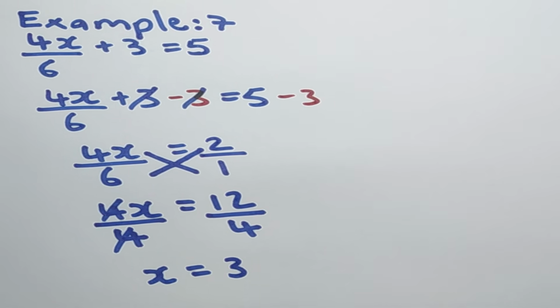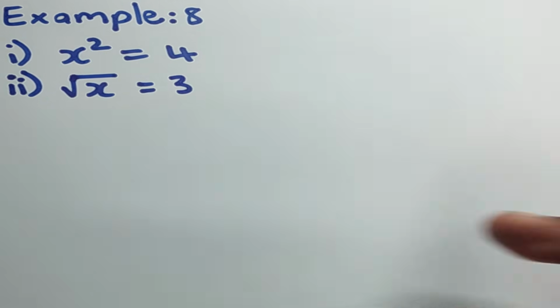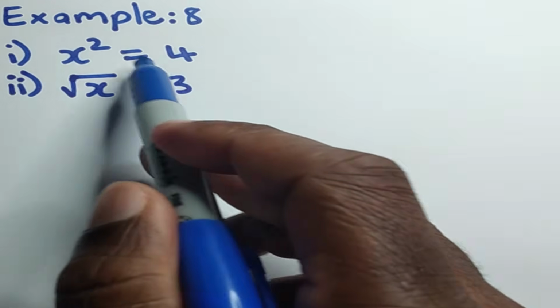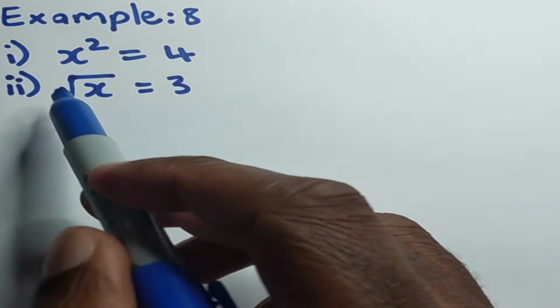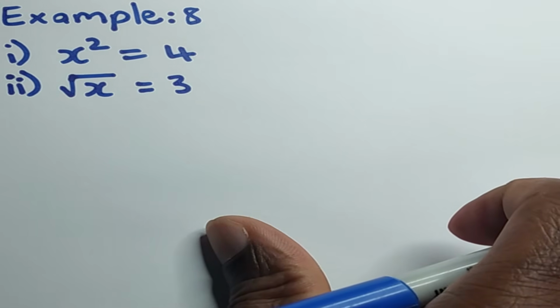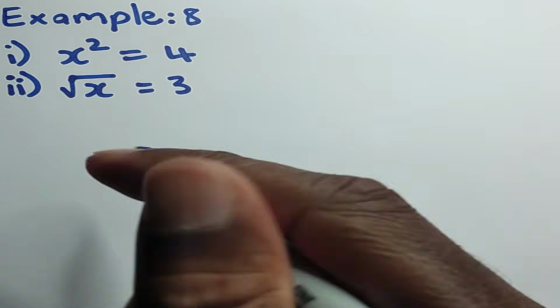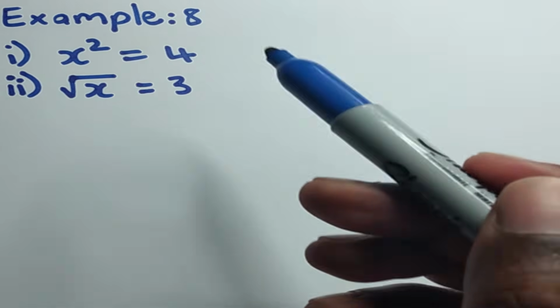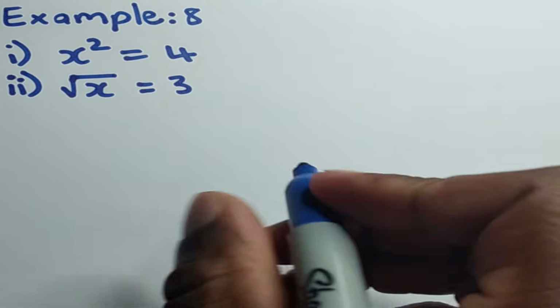All right. Now let's look at the final example of this video, which is example 8. And there are 2 parts to this question. So here we have x squared is equal to 4. And in part 2, we have the square root of x is equal to 3. And again, the same concept applies, all right? So to get rid of something, we simply want to do the opposite of the operation that is taking place,